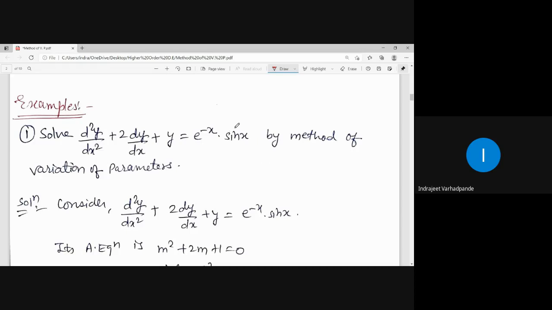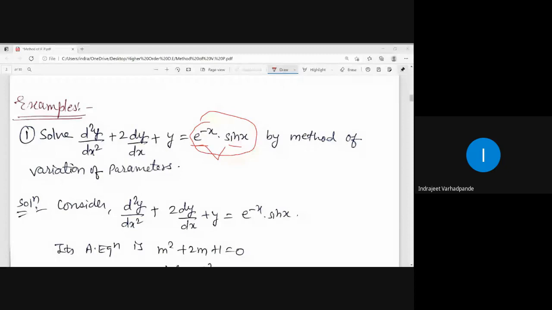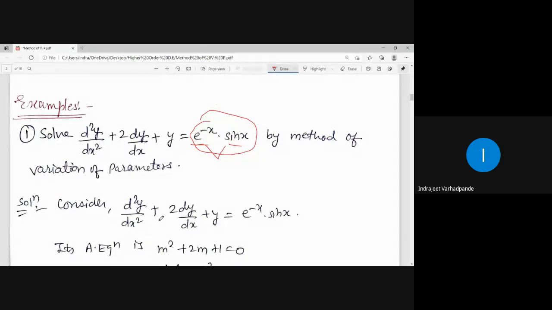If you don't apply the method of variation of parameters, which case is this? By which case can we simplify this? If it is a normal example, we are provided with Case 4. Why? Because in the product we find one of the terms as exponential and the other term in the product is sin x. So it can be solved by Case 4, but if they have specifically written that you have to use method of variation of parameters, I will be using method of variation of parameters for that.